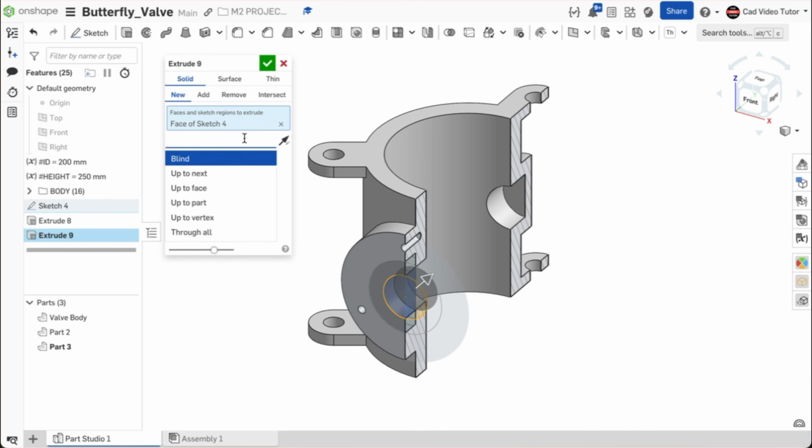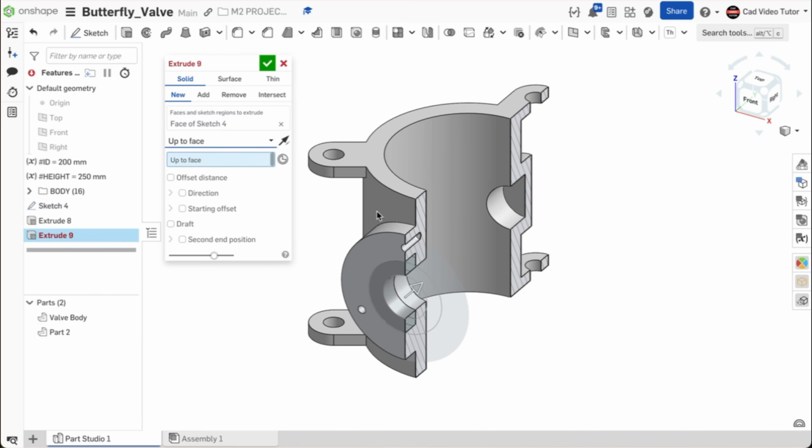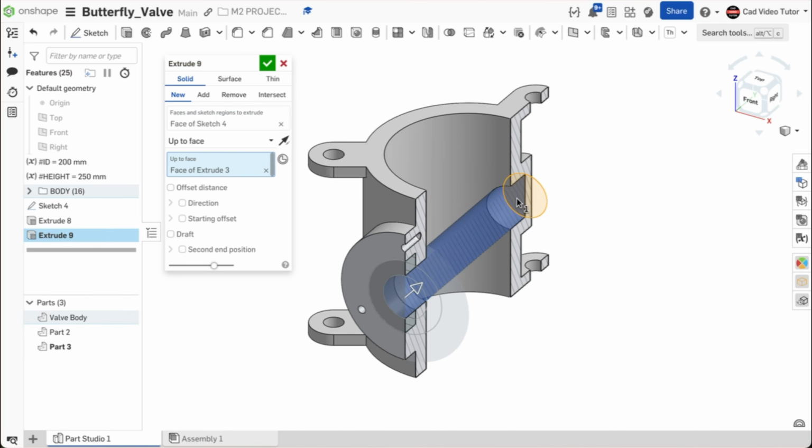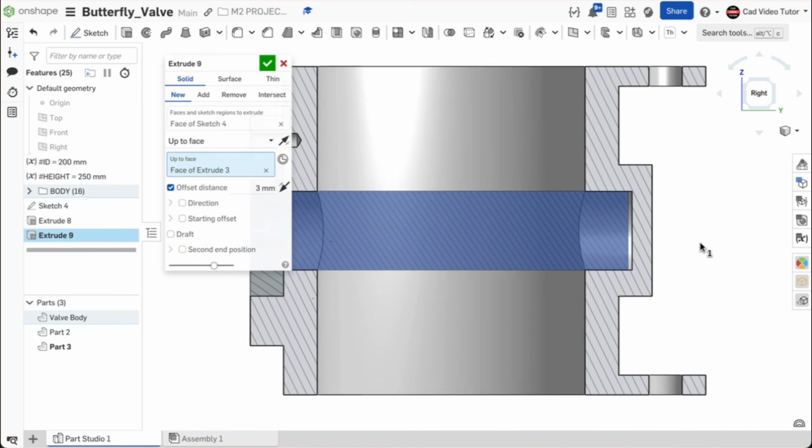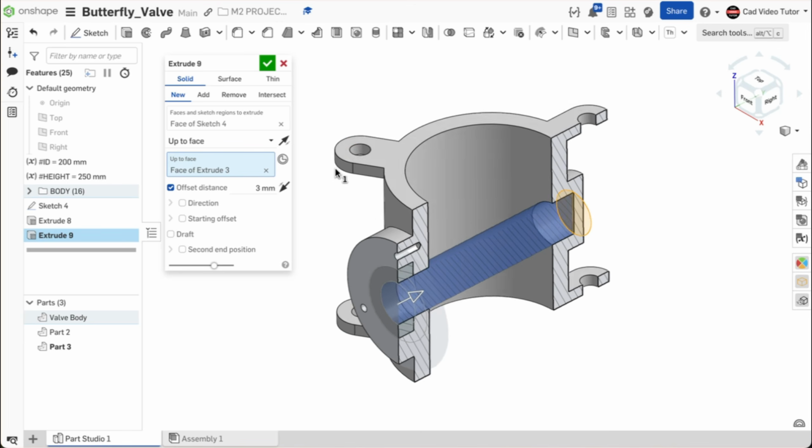For the end type, choose Up to Face. Click on the face at the end of the shaft hole in the body. We know that the shaft should have a 3 mm clearance, so we will use an offset. Click on the offset distance. Enter 3 mm for the distance. This looks right. Now we need 50 mm of the shaft extending away from the boss face for mounting the